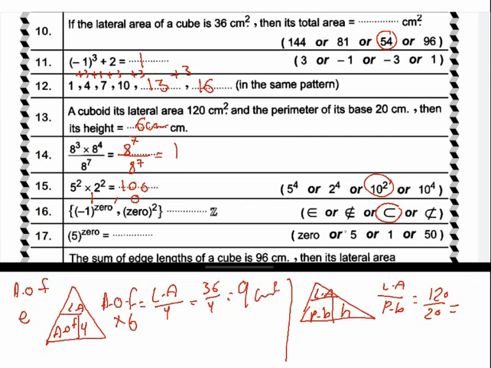5 to the power 0 equals, yes, 1. Any number power 0 equals 1. Next,